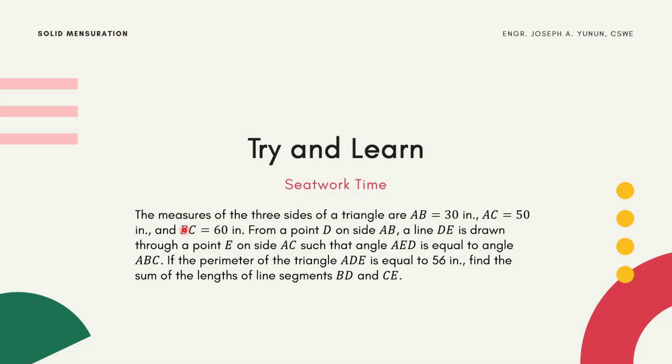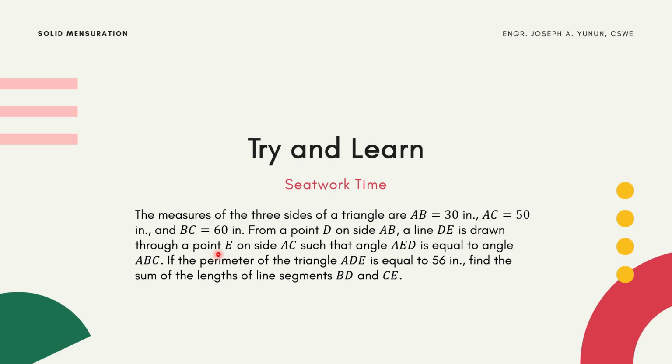Now let's try this one. Probably this will be one. This is another problem which I didn't solve, so you may need to try and learn probably by doing. The measures of the three sides of a triangle are: side AB is equivalent to 13 inches, side AC is equivalent to 50 inches, and side BC is equivalent to 60 inches. From a point D on side AB, okay, so a line DE is